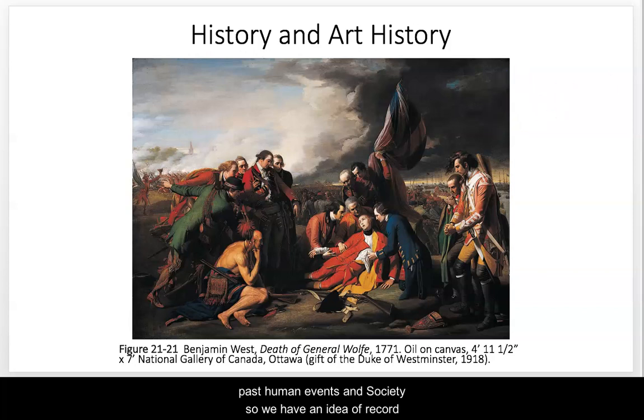So we have the idea of record of past human events, and we have especially things that are social and political oftentimes. This is a picture of the death of a general, right? Important things in the Revolutionary War periods and American Indian Wars and things like that. So this is like a scene from a battle, a history type of painting,